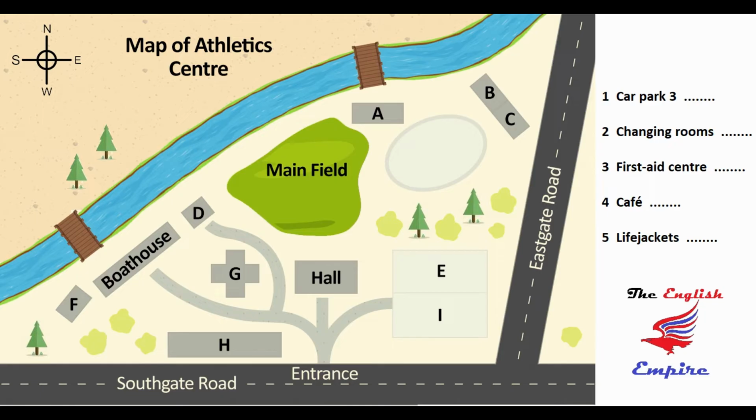Finally, when the kids go kayaking on the river, they'll all have to be wearing life jackets. The life jackets are kept in a small building near the boathouse. There's no actual road to the life jacket shed, but it's just a short walk from the boathouse. You can see it there, not far from Southgate Road. So make sure no one gets into a kayak without first getting themselves a life jacket. So, the other thing that you must...